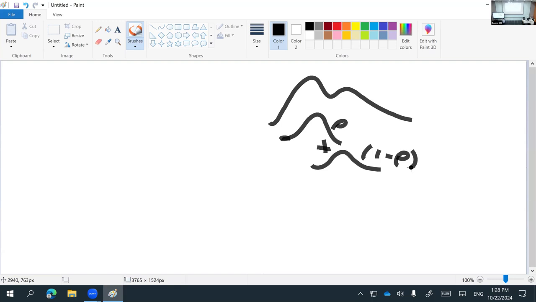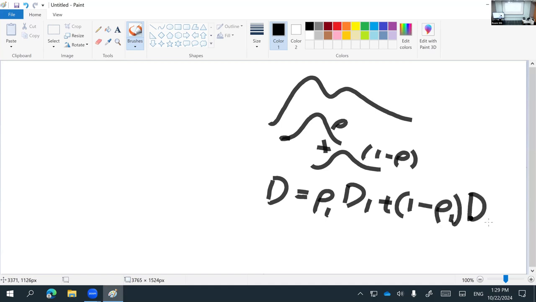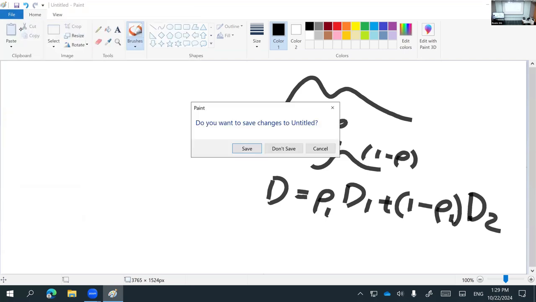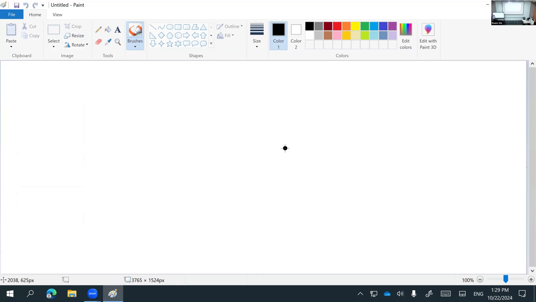Previously it was technical. So basically, previously I have D equal to P1 D1 plus (1 minus P1) D2, right? Because these add up to 1, okay? Because it's a technical requirement. I'm trying to fit the data and I can't fit two humps with one distribution, so I use two distributions to fit. But now I'm saying differently. I'm saying, hey, you know what? Actually, the reason you saw that is because